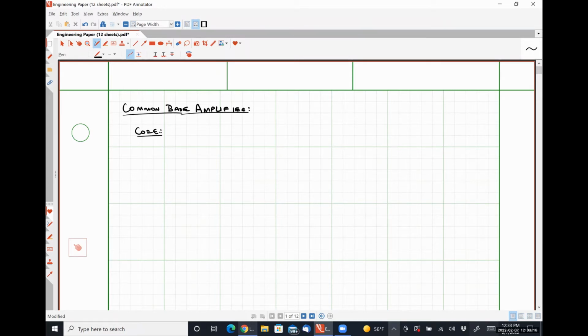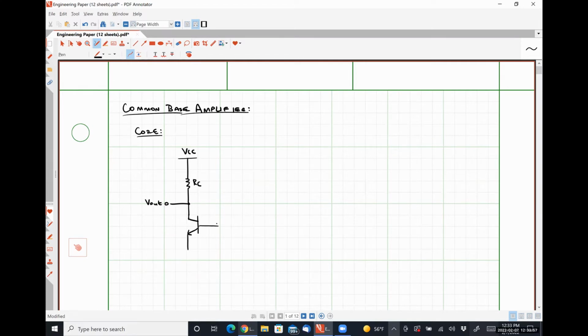Our core, or where we're going to start our analysis from, is the following circuit. We can see this represented with a PNP BJT in this way, where we have some collector resistance RC between the collector of our transistor and VCC. We are going to take our output voltage at the collector,